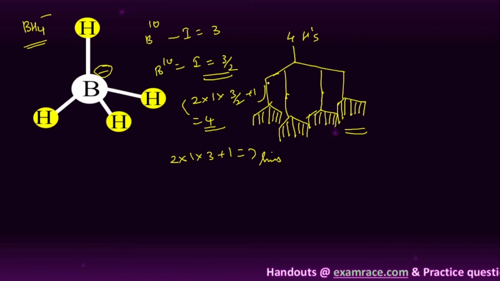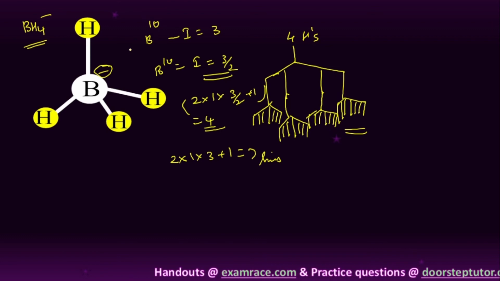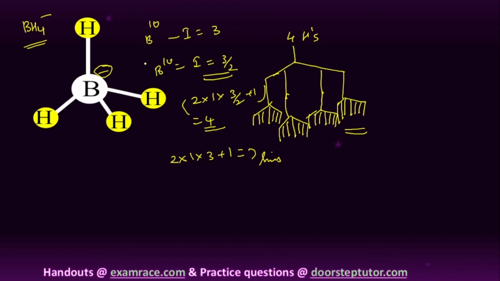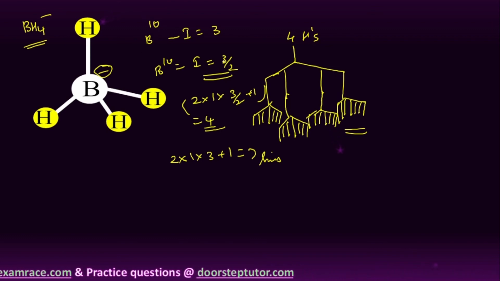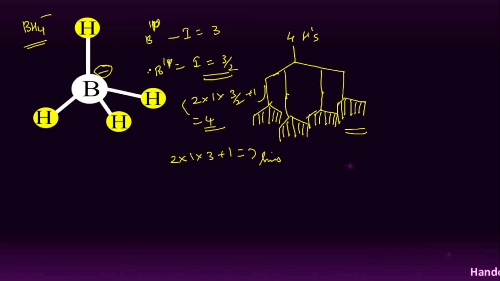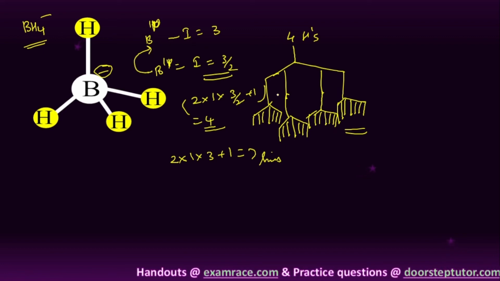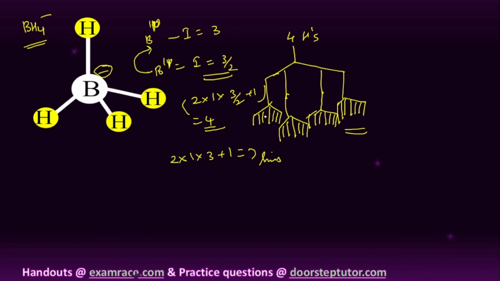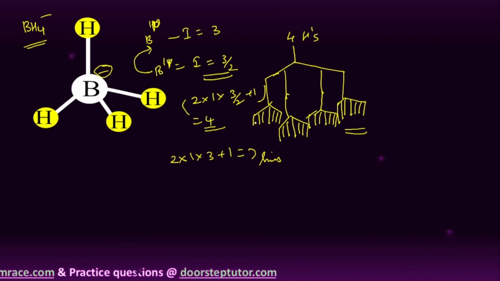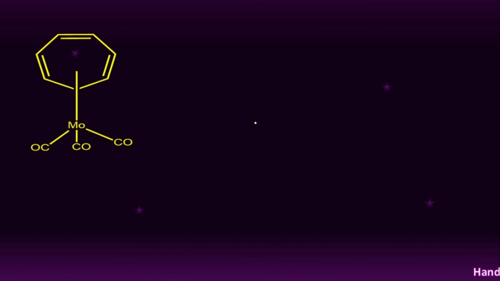So it is very, very important. The four hydrogen atoms are coupled first with B11, and this is B10, students. So first the four hydrogen atoms are coupled with B11, and then all four lines again couple with B10. Therefore each singlet is further split into the heptet. So that means it gives a multiplet in the NMR spectroscopy of the BH4 minus complex. Clear, right?